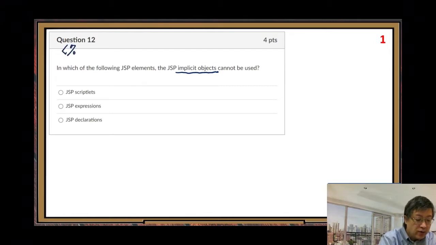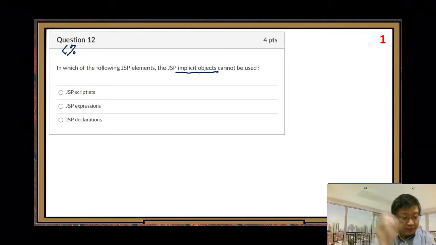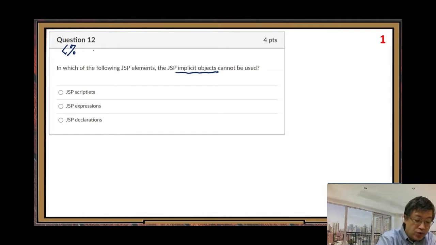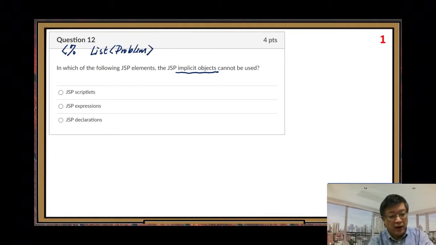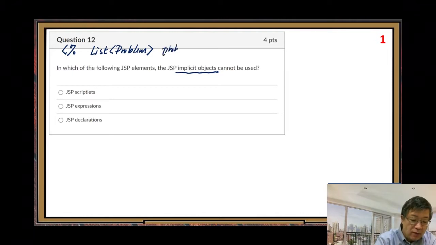So we have a JSP scriptlet. Our goal, we want to retrieve our data that is a list of problem, Java Bean problem. Then we need to give it a variable name, for example, we call prob list